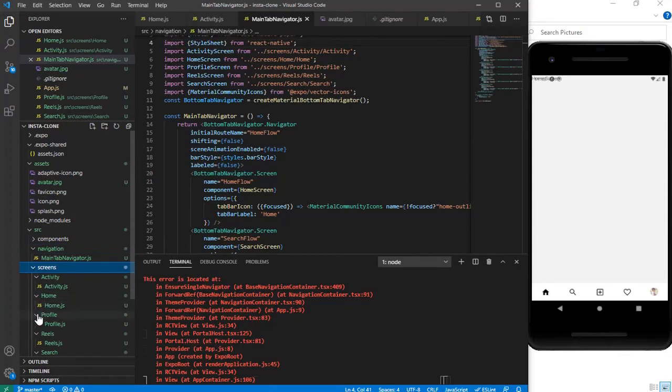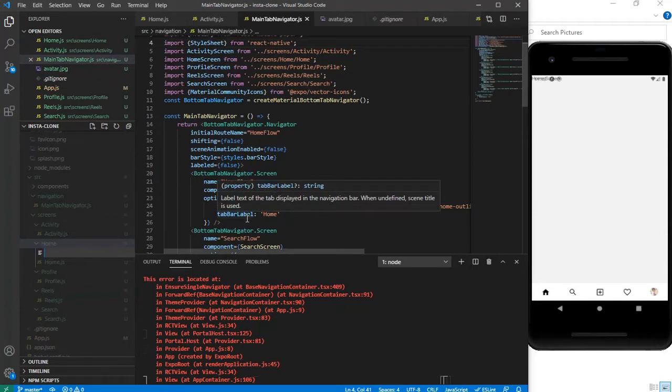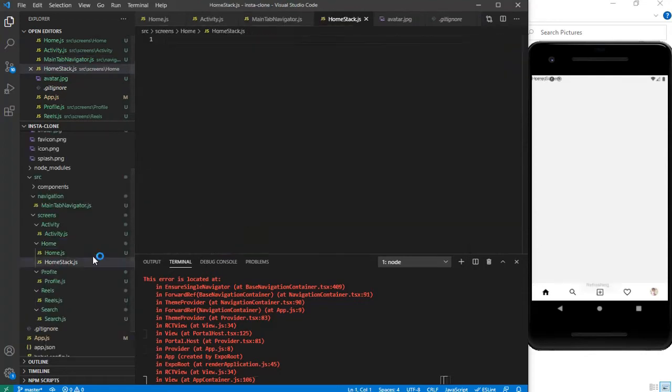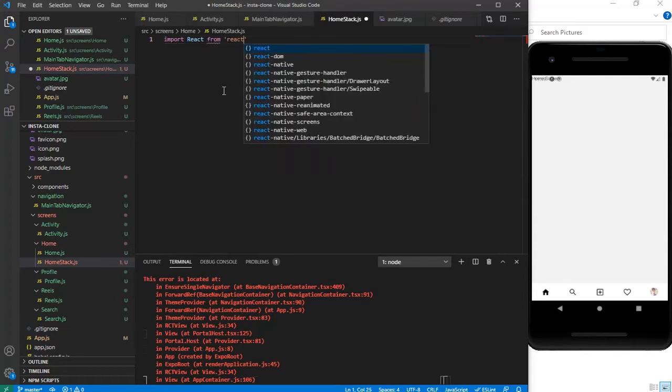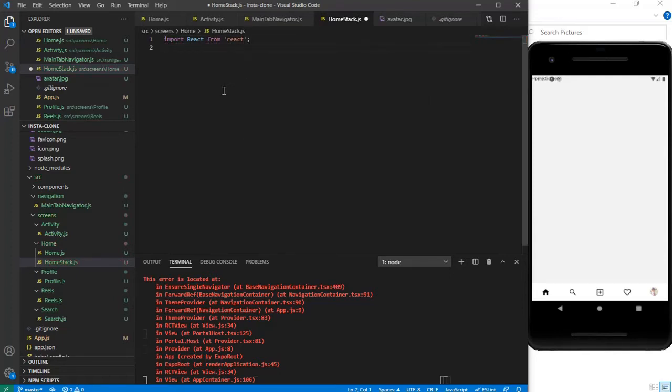Okay, inside this home, let me create a new file called homestack.js. So this is going to have all the stacks which are inside this home tab, whatever we have, so that's going to accommodate all those. Let me create import React from React, as usual the boilerplate code, and import